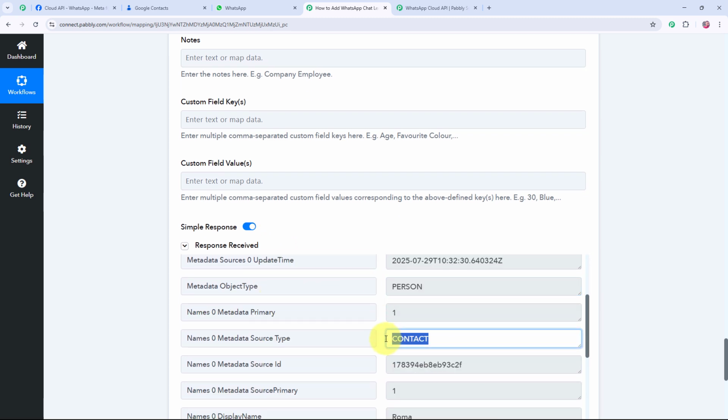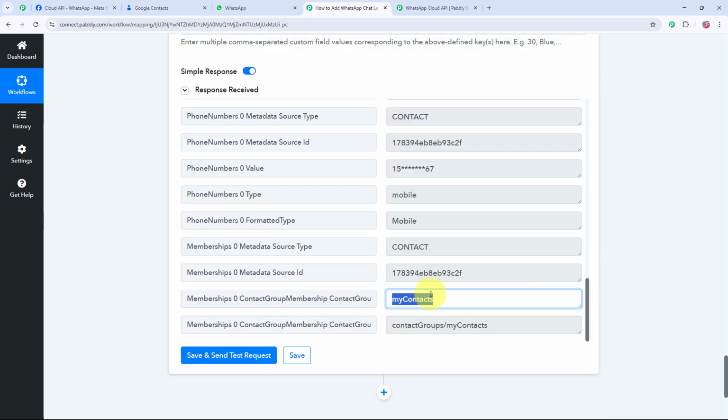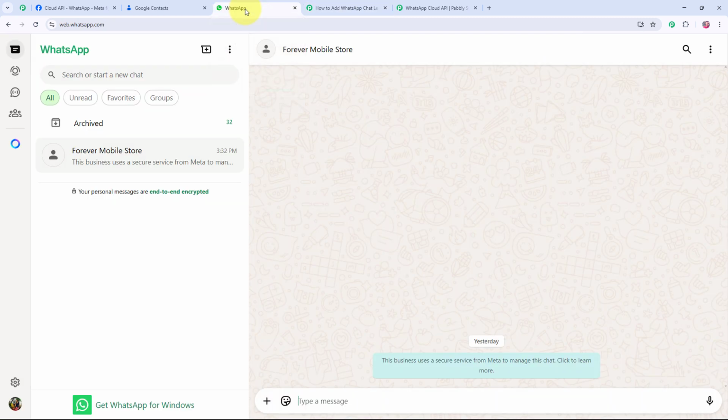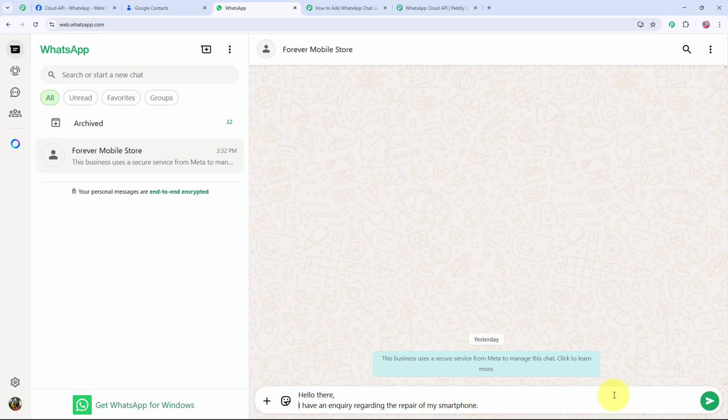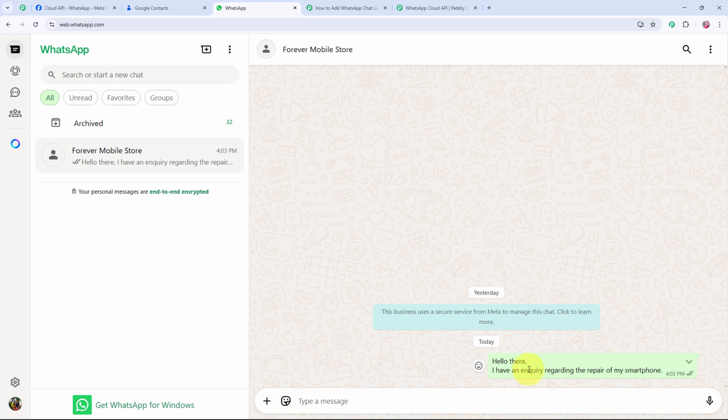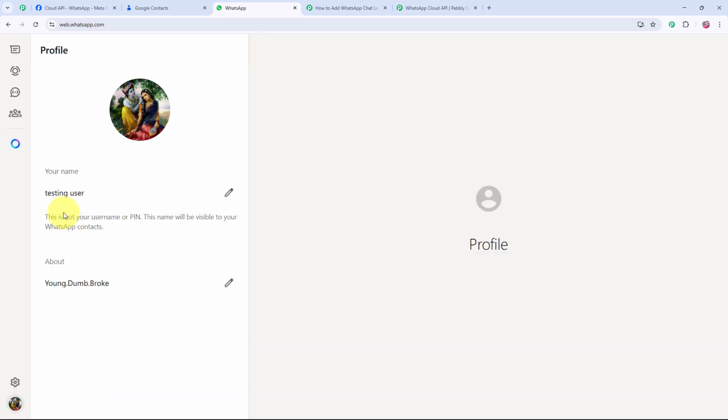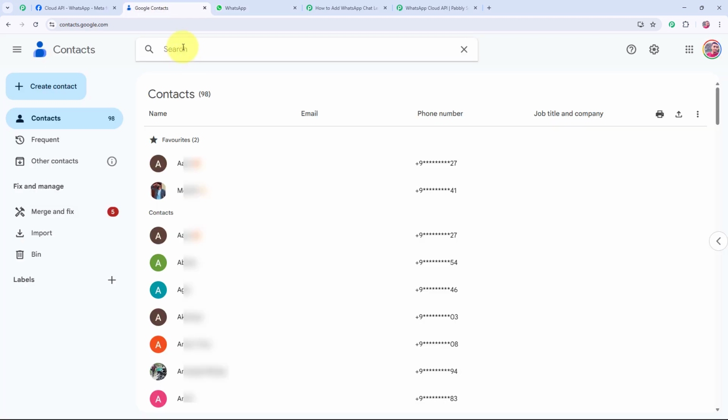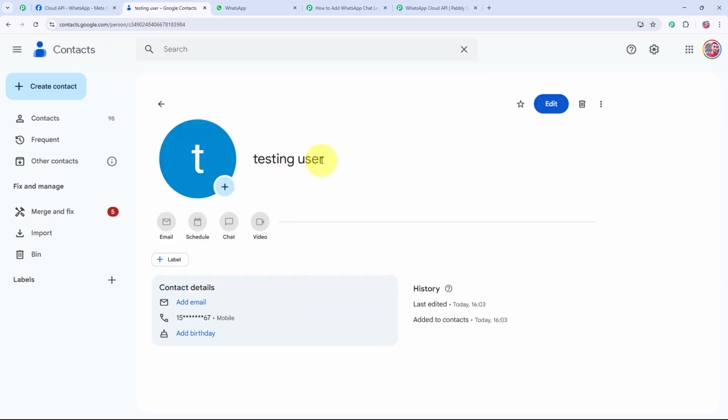A new person named as this is saved in my contacts application. Now I will go back to my WhatsApp account and again send a test message to see if a new contact is created on my Google contact application or not. I will type in my text as, hello there, I have an inquiry regarding the repair of my smartphone. Now I will send this message, and for sending this message I have entered my name as testing user. So we will go back to our Google contact and search testing user, and here you can see a new contact with the name testing user is created on my Google contact,